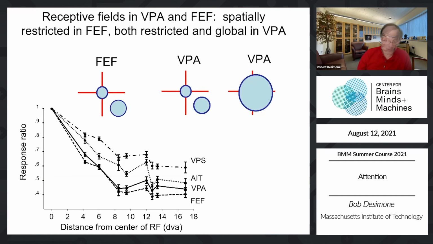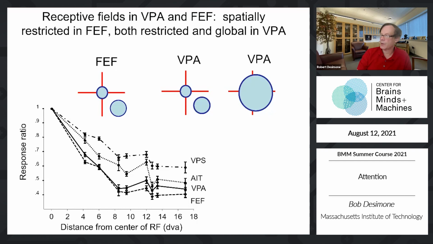response. Just in mapping, we can map the receptive fields of different areas, including the frontal eye fields and the VPA and IT cortex and so on. And what we found was, and here down below, we simply look at the magnitude of response as you move out from the receptive field center, and it gives us an idea of the receptive field size in the different areas. And what you see is that across these areas, the smallest receptive fields are in the frontal eye fields,